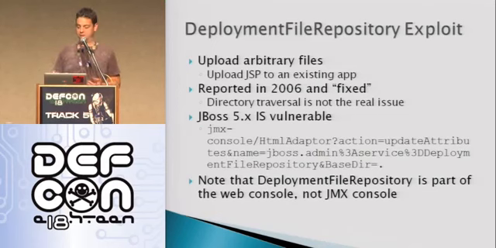So if you set this to just a dot, like you see in the example here, you are at the server root. Not the actual operating system server root, but the JBoss server root, which means that what you're probably going to do at that point is put your JSP command shell into one of the existing web applications that lives on the system. But you can also do other cool things like overwrite config files, anything like that. By the way, this is part of the JBoss web console, not the JMX console. So if you have the JMX console deployed and not the web console, this won't work.